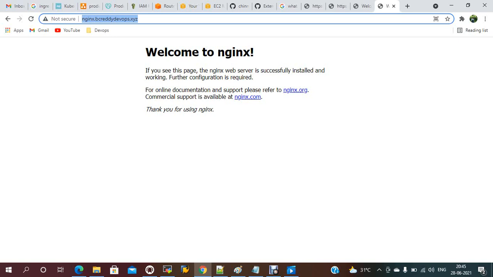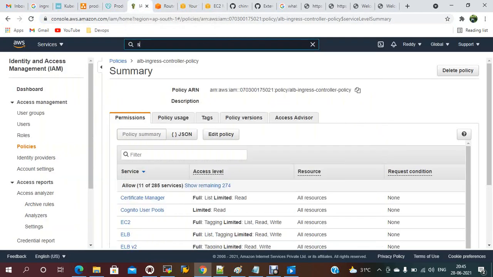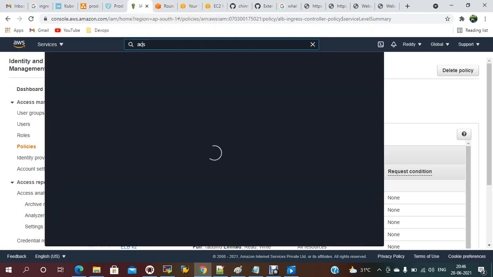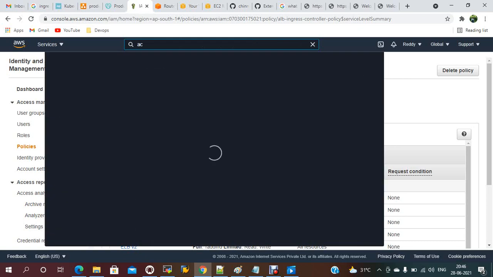Now you need to go to external DNS creation. Okay, first we need to create this one. Sorry, there is a service, ACM, certificate manager.